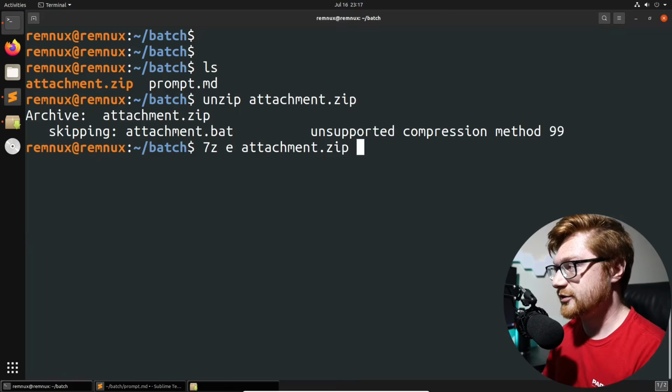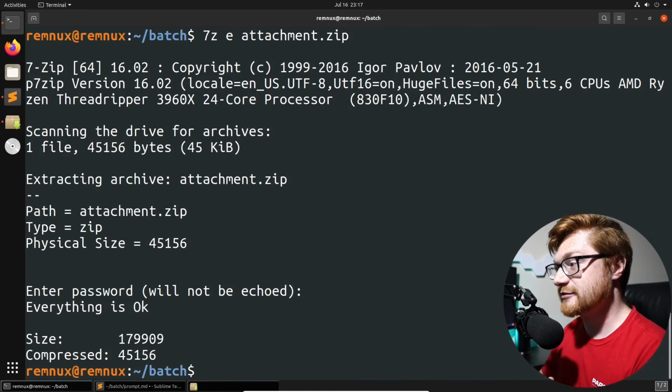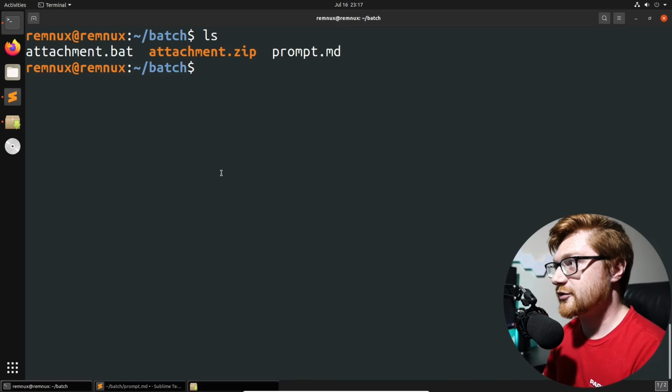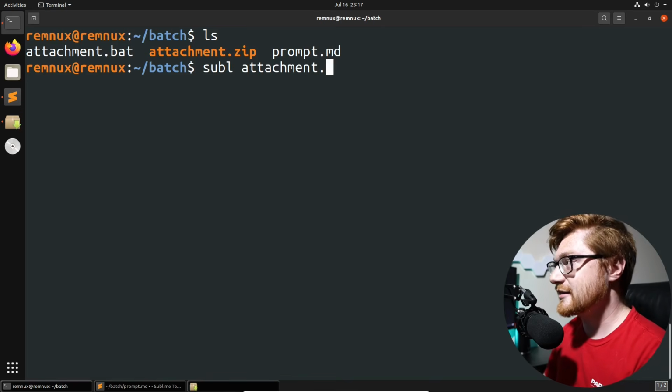You can use E to extract, and now it'll prompt for the password. I'll use that password, infected, as I suggested. And now in this directory, I have the attachment.bat. So if I take a gander at this guy,